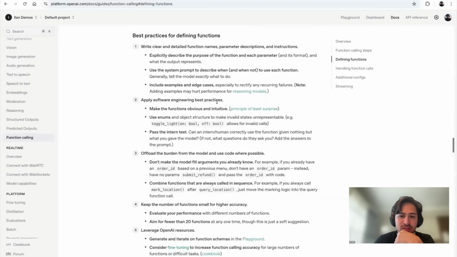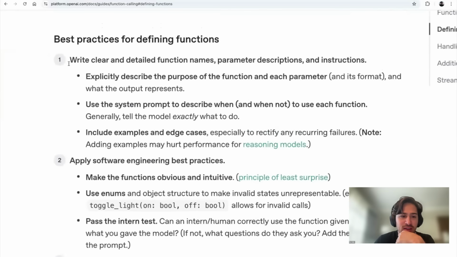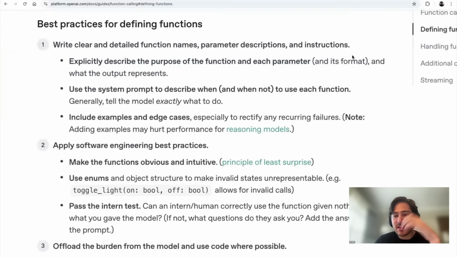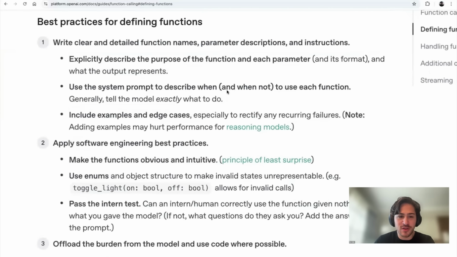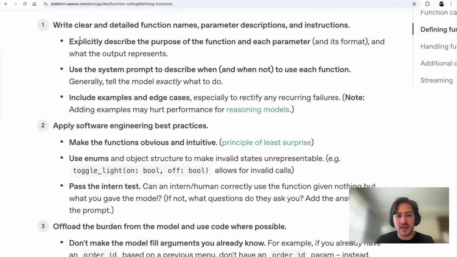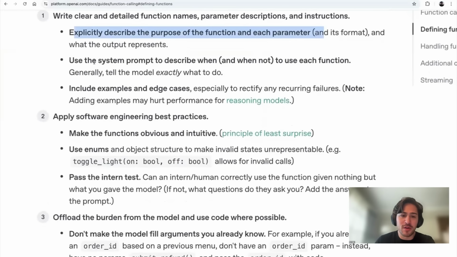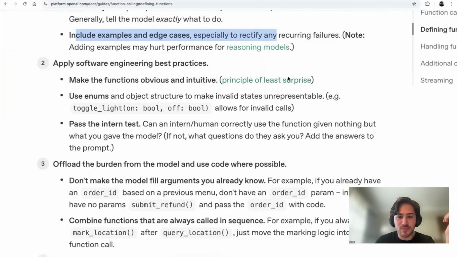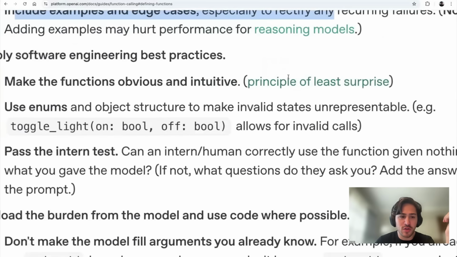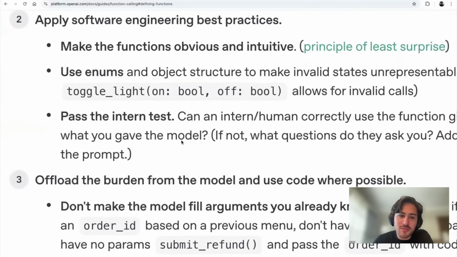There's a lot of big text, but essentially there is a lot of value here. I tried to pack as much useful information here as I could, so I'm going to quickly go over it. You've got to explain the purpose of each parameter, use a system prompt, and include examples. That's pretty non-controversial. Software engineering best practices is a little bit more interesting.